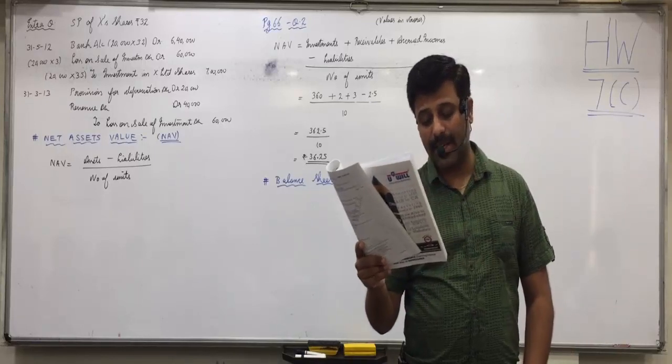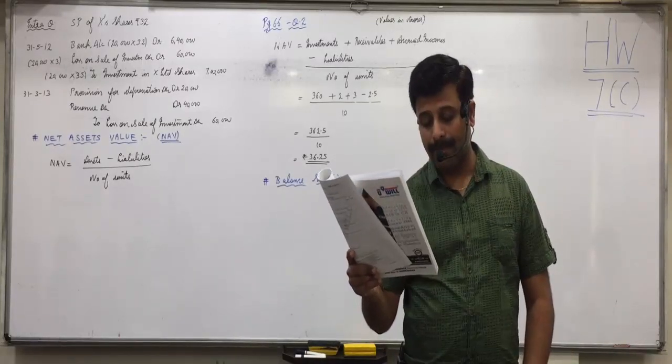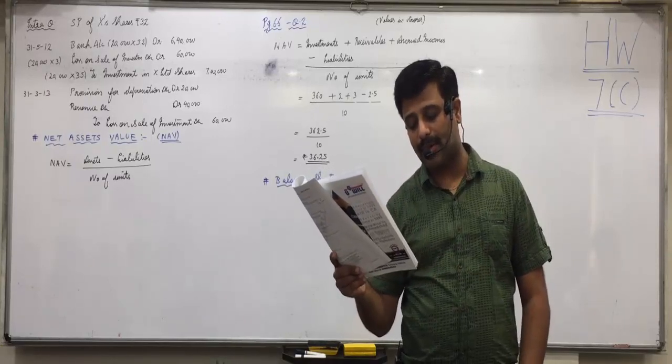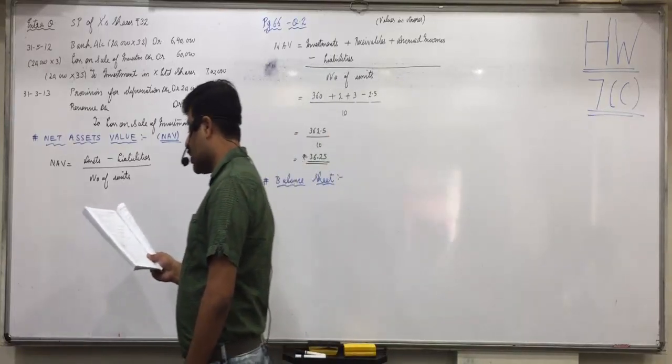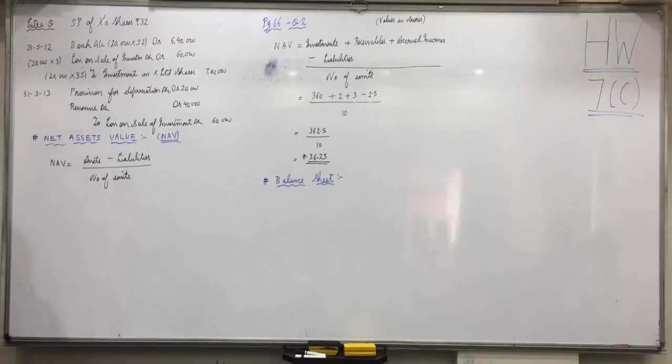Deposits, deposit with scheduled banks, deposit with companies or institutions and others. Other current assets, balance with bank in current account, cash on hand, sundry debtors. Mark this important: contract for sale of investment in securities. Like contract for purchase is a liability, same way as a contract is made for sale, they are issuing the securities and a contract is made by the other person to buy that. Then that becomes your current asset.